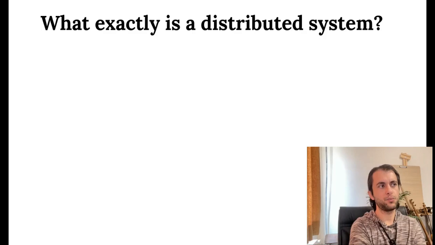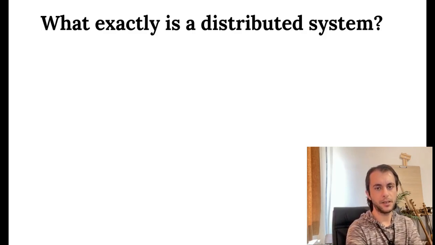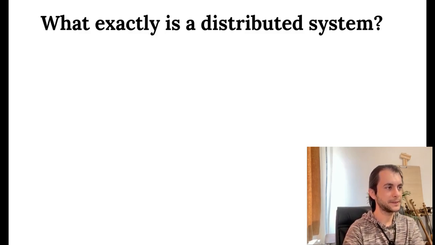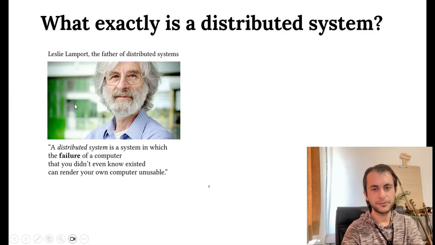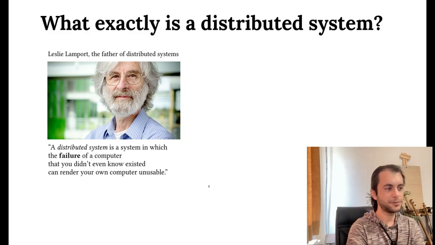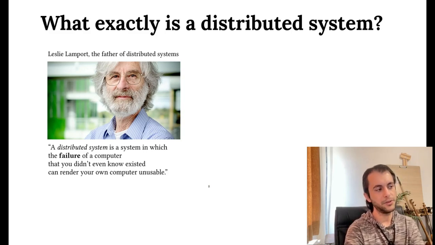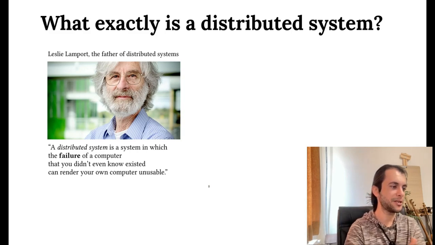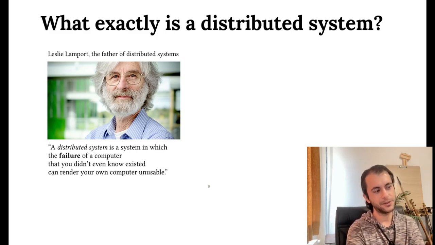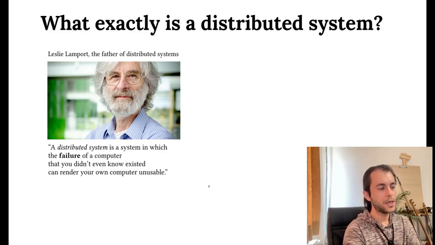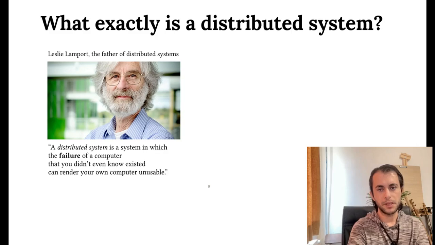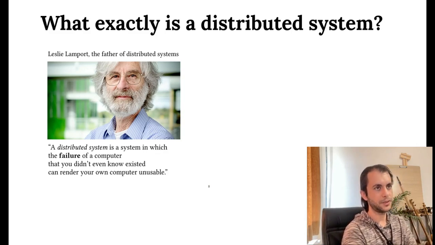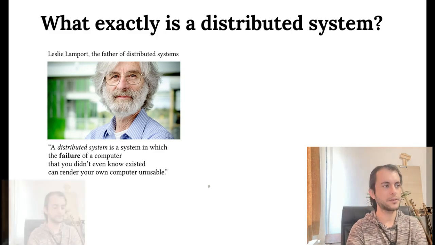But now the question is, what exactly is a distributed system in technical terms? So let's see it from the point of view of the genius Leslie Lamport. It's a kind of funny definition. A distributed system is a system in which the failure of a computer that you didn't even know existed can render your own computer unusable. This is a very fun and simple definition of a distributed system. I really like it, but